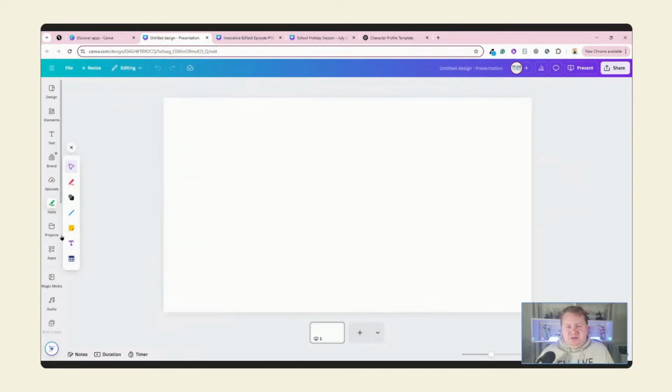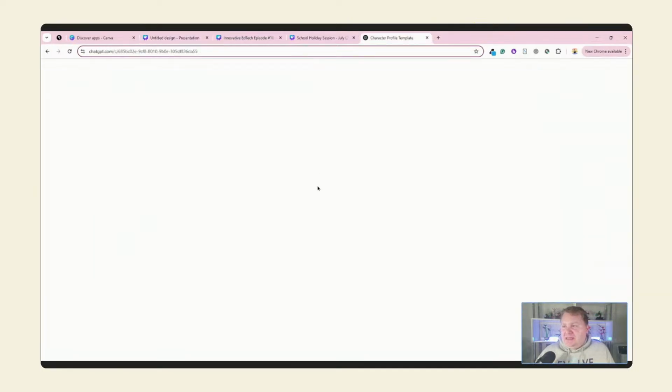Okay, so you can see our tools there. So we've got those tools. We can access our projects, our apps, and you can see some different apps that I have accessed just there. All right, so if we head back to ChatGPT, it has told me